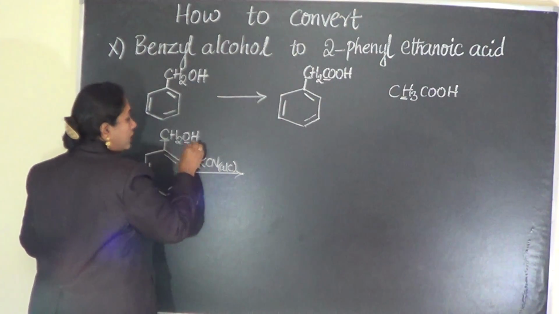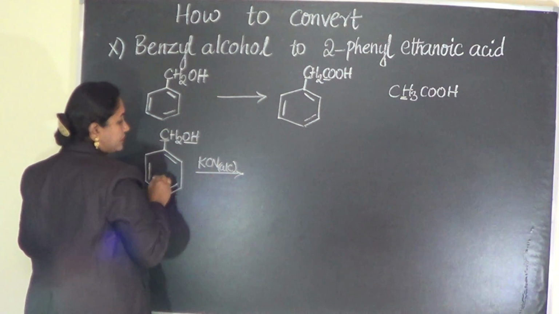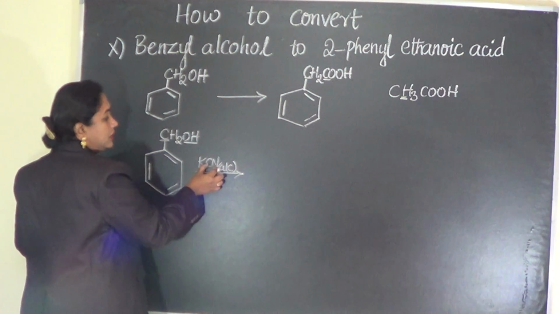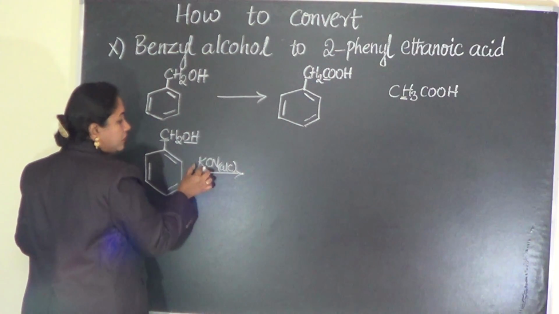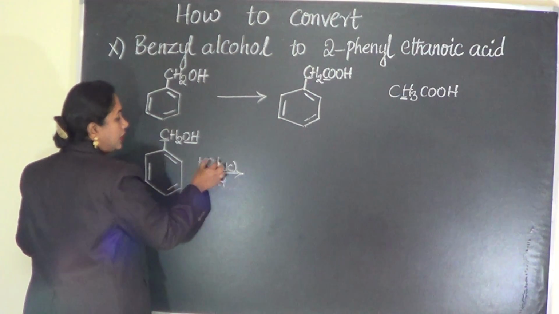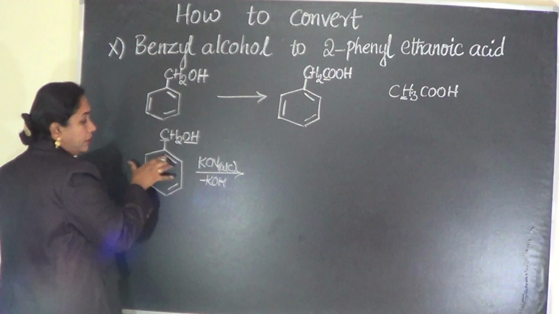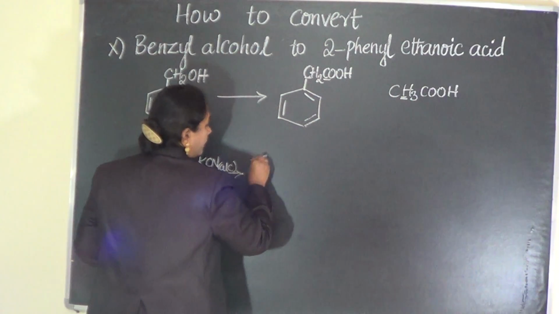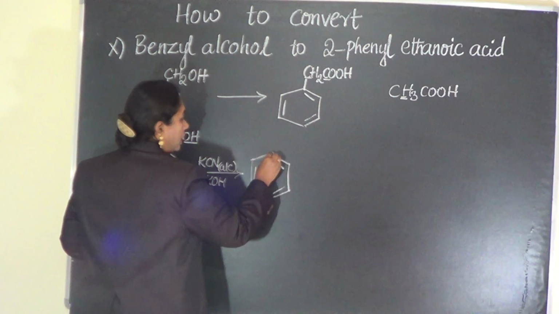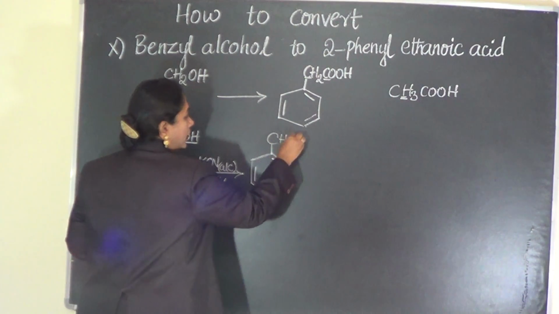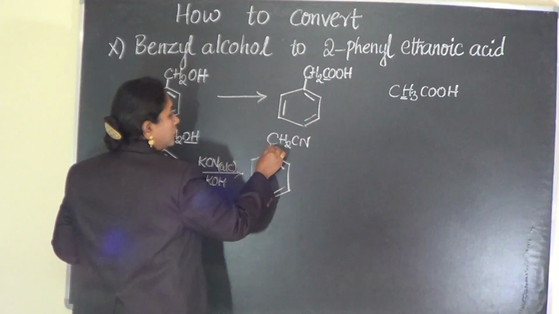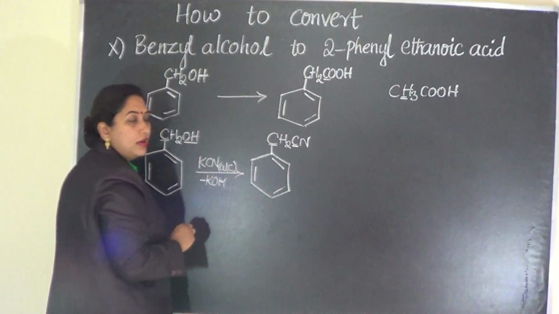Now this will undergo nucleophilic substitution reaction. Now what happens? This cyano group takes the placement of OH, and OH comes out, reacts with K, forming KOH. So this CN takes an attachment, the benzene ring remains intact. There is no change happening as far as the benzene ring is concerned. So let us see what will be the product. So we will end up with C6H5CH2CN, CH2CN attached to the benzene ring. So therefore we have lengthened the carbon chain.